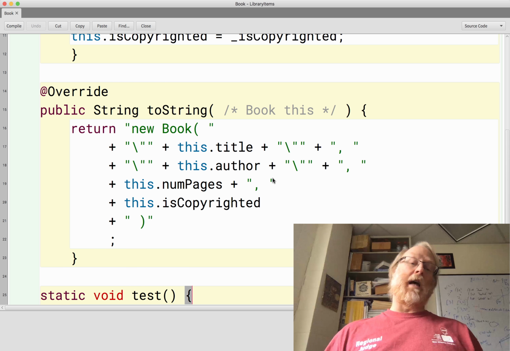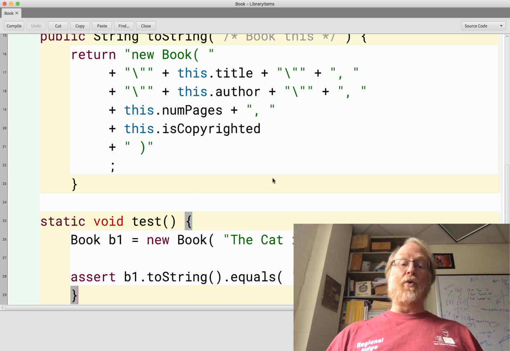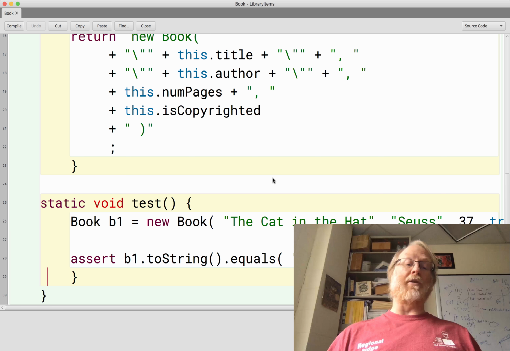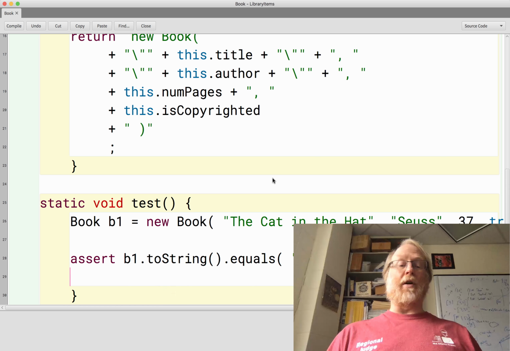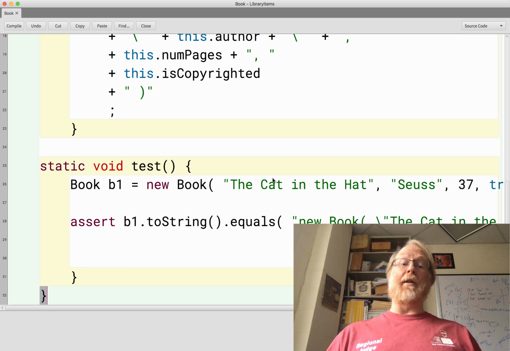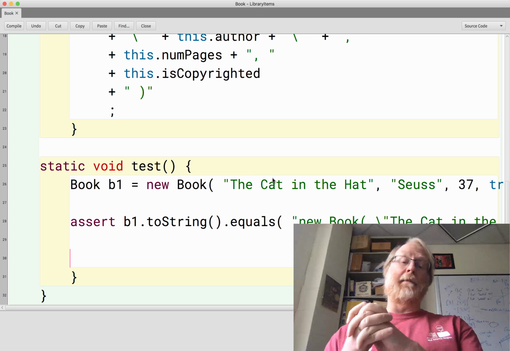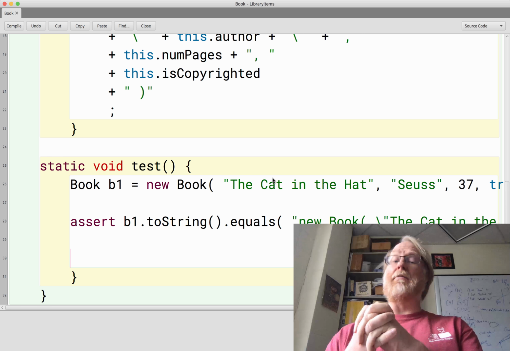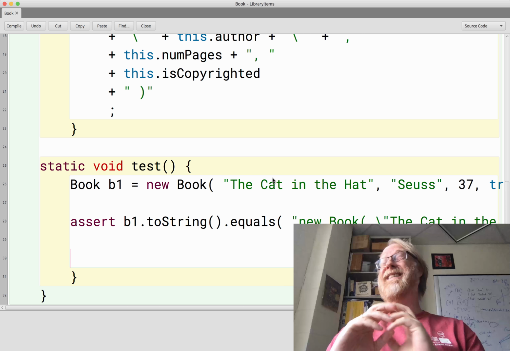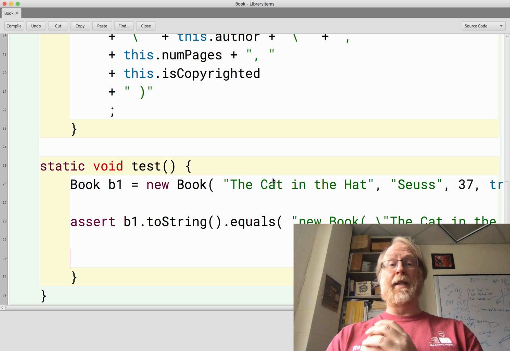Okay, so let's go down here. And first of all, before we even get into the code, what do we want equals to do? Why do we need it? Well, here's why we're going to need to override equals. And I should say off the bat, this is going to be geared towards immutable data. If you have mutable data,